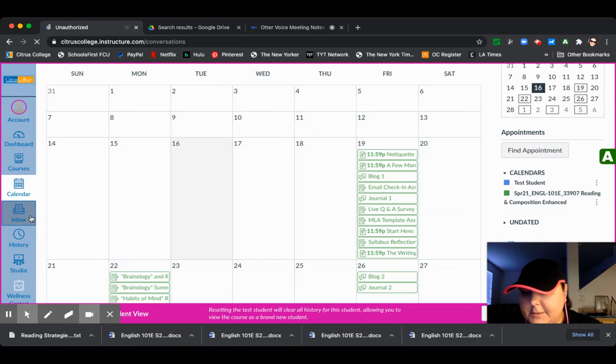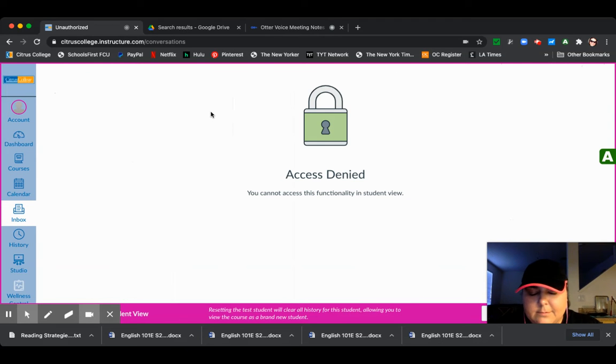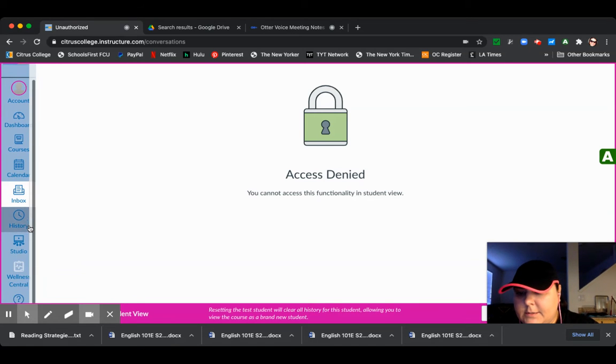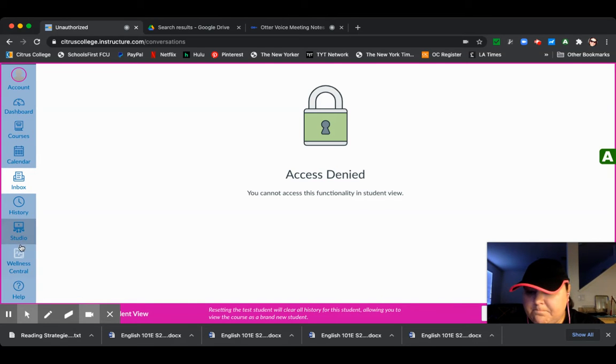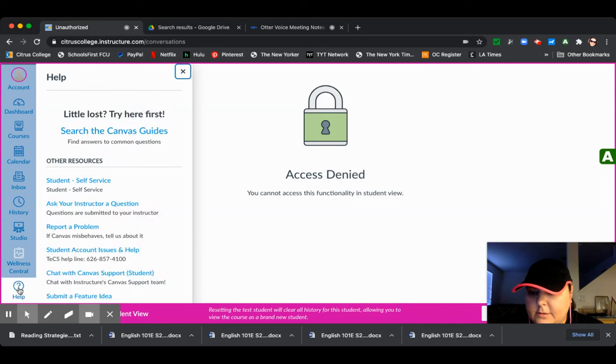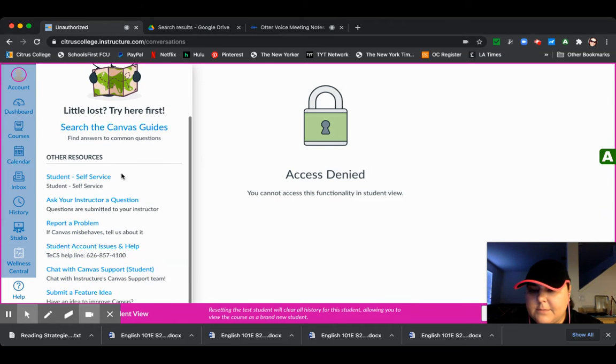Over here on the inbox, if you click on that, that'll take you to, and it's denied because I'm in student view, this will take you to Canvas's email or messaging system, and here you're able to email me directly, okay? And over here, you'll see the Canvas Studio, which is where sometimes videos are posted. I usually embed all my videos right there in the page that we're working with, so you shouldn't have to click that too often. And then here on the Help tab, if you click on that, you can see here's the different